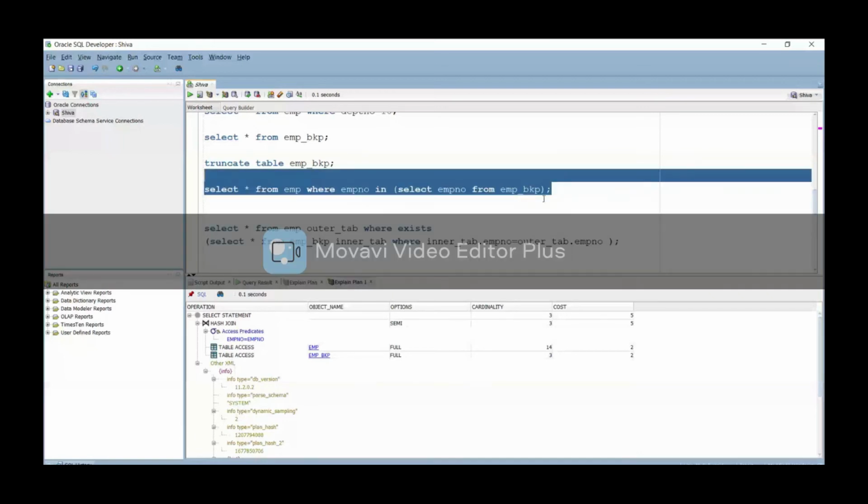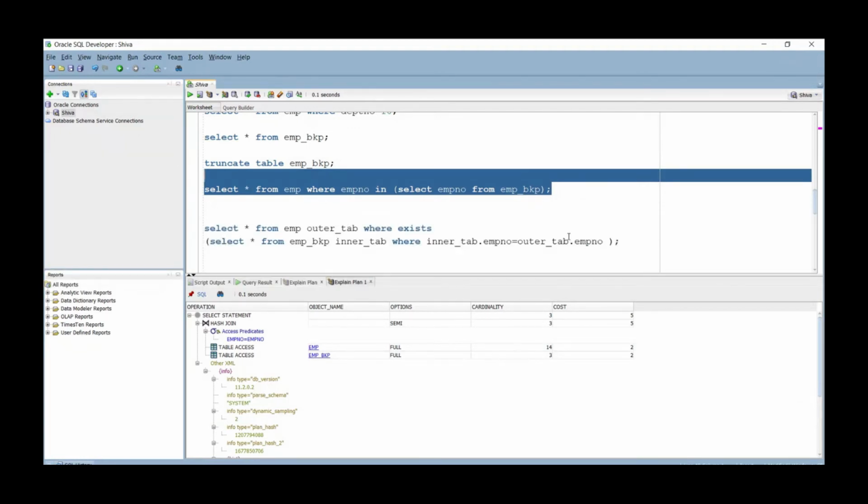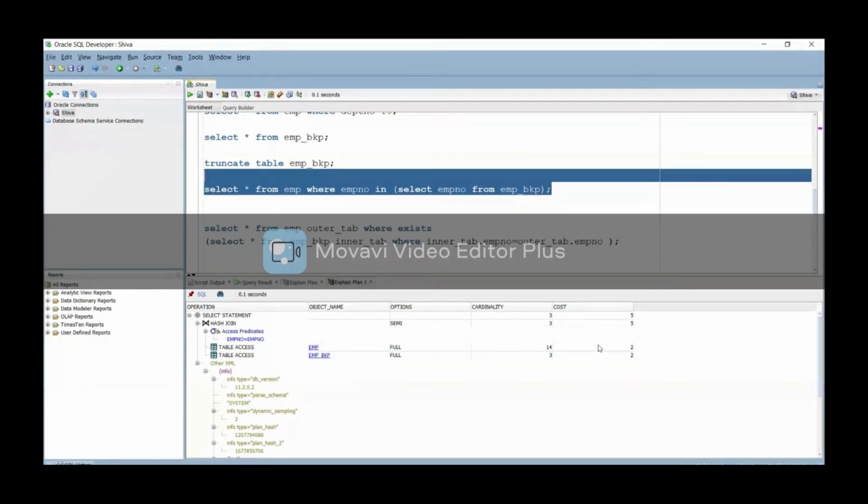In this case, try to insert at least 100 patients, 100 population records, maintain some population table, maintain the details and fetch the details using that. You will observe at least a few differences. The cost will be different. Cardinality also will differ.